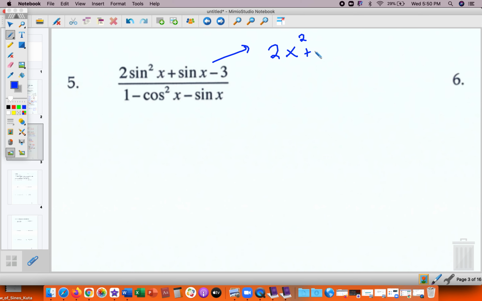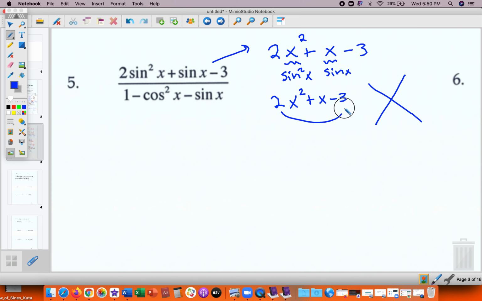2x squared plus x minus 3, right? Pretend where you see x, you have that word sine inserted. Sine squared x, sine x, right? So pretend you're looking at 2x squared plus x minus 3. Ask yourself, can I factor this? Is there a combo that multiplies to AC, 2 times negative 3, or negative 6, that adds to b? B is 1, right? Coefficient of x. If we play around with it, we know that 3